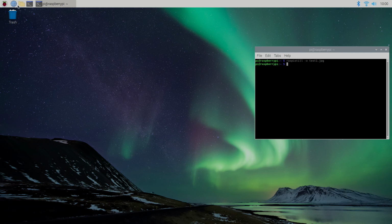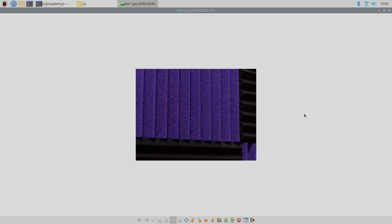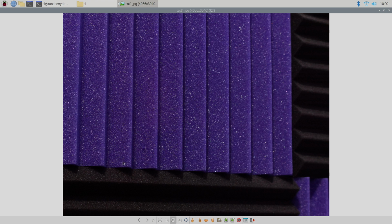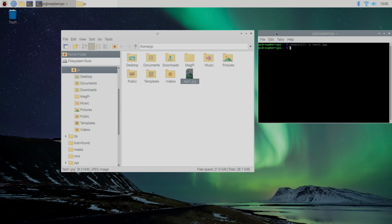There we go. So now we can see that if we open up a file explorer, it's right here, test1. And the detail here is actually pretty crazy. I mean, it actually looks really good already. So setting it up this way is a bit of a hassle, and if you don't want to do any